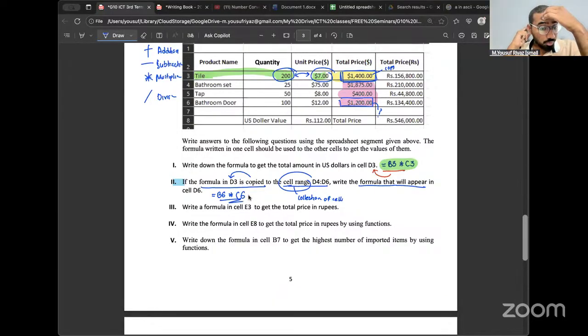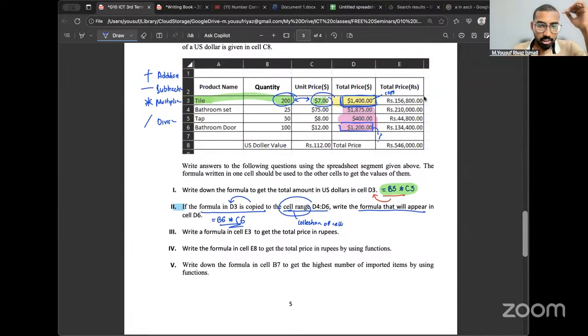Next, write a formula in cell E3 to get the total price in rupees. E3 is here. Now, if you look at the cell D3, the cell which I highlighted in yellow color, there the total price is there in which unit? Perfect. They are the total price there in dollars. The next column, they have mentioned in rupees. Now, to convert from dollars to rupees,